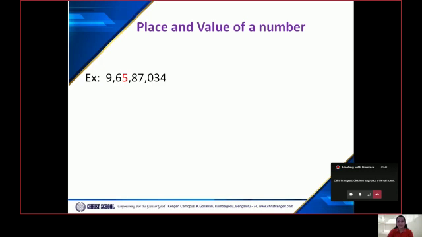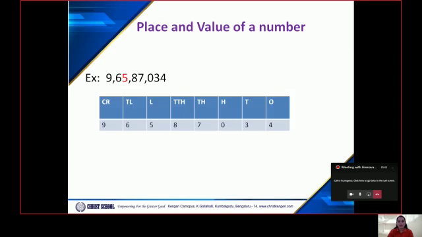So now we have taken the example number. We are going to find out the place and value of a number. For that, we need to have a place value chart and write these numbers just below the places. And we have done so. Now we have to see where this 5 is appearing. This 5 is appearing in the lakhs place. The place of 5 is the position where it belongs. That 5 belongs to lakh place. So the place of 5 is lakh.